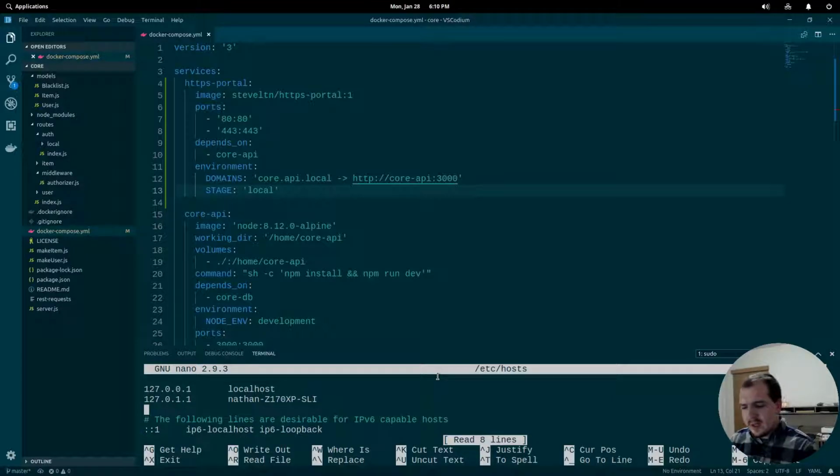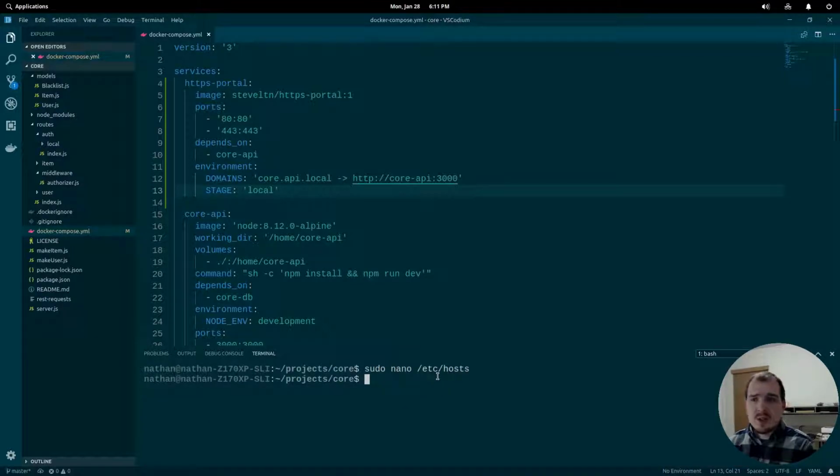And then we need to add a new entry with our current loopback IP address, 127.0.0.1, and then for the domain we want to redirect, core.api.local. We can save this, and we're essentially done. Now if you run Docker Compose up and build,